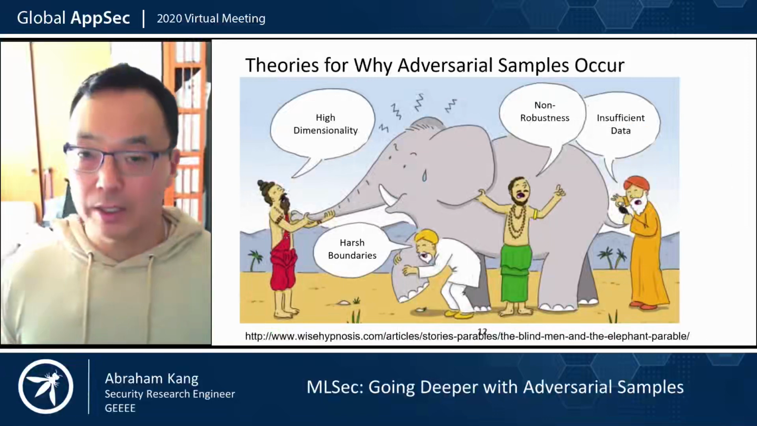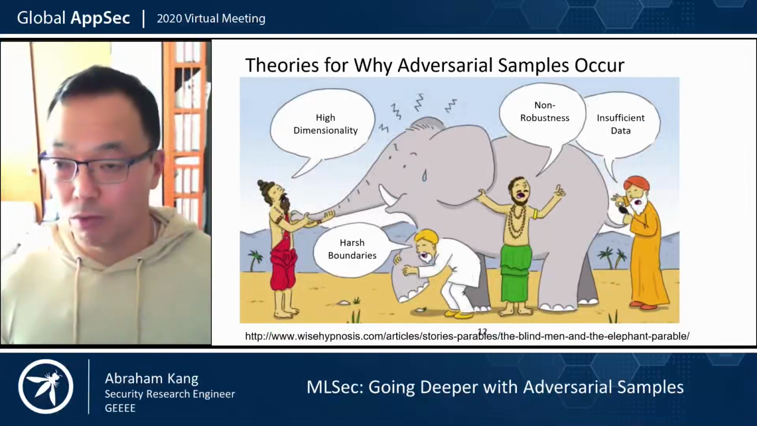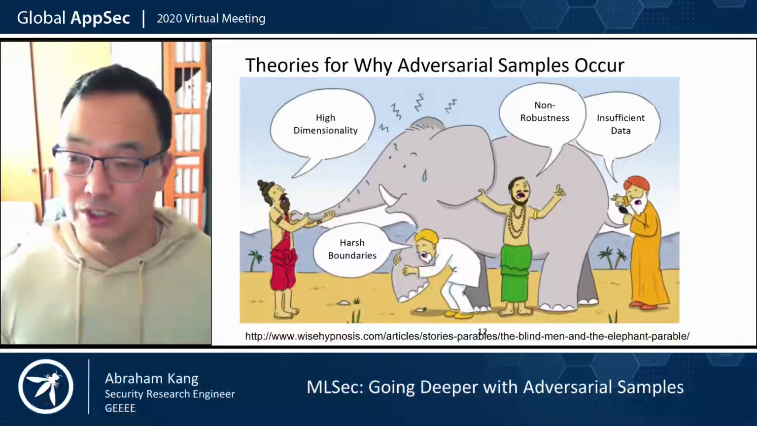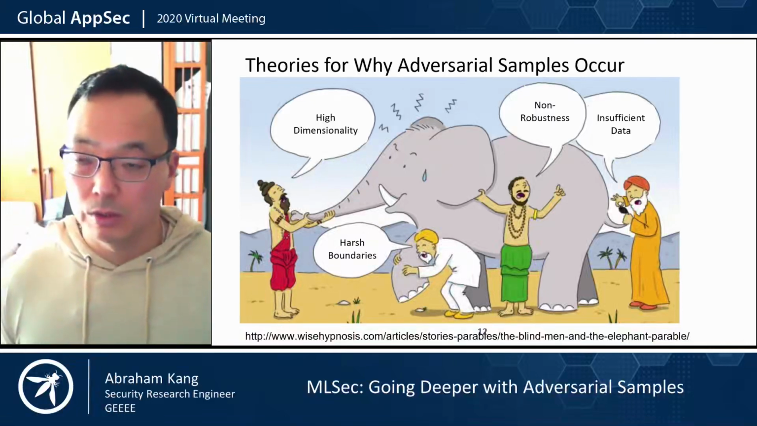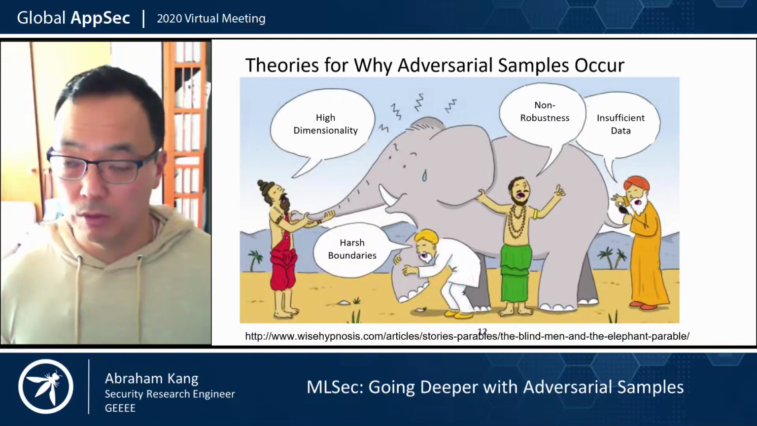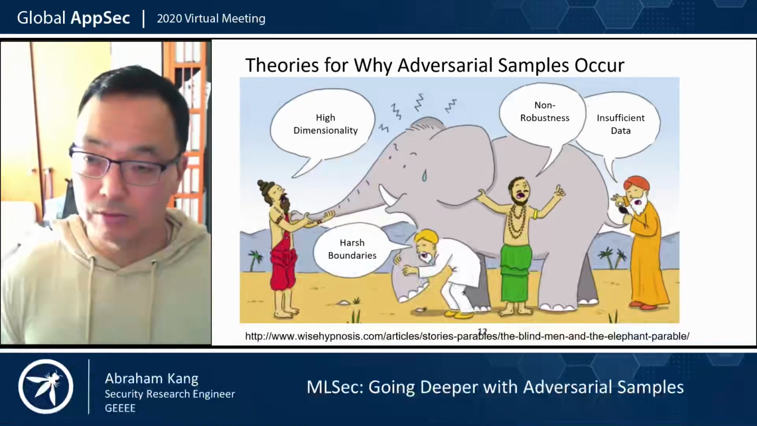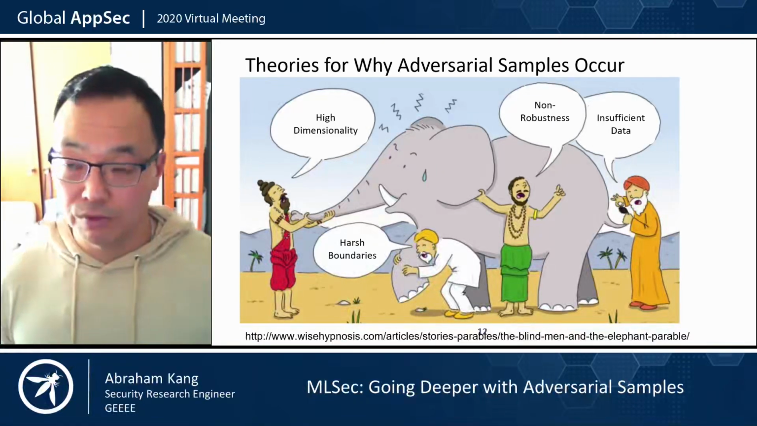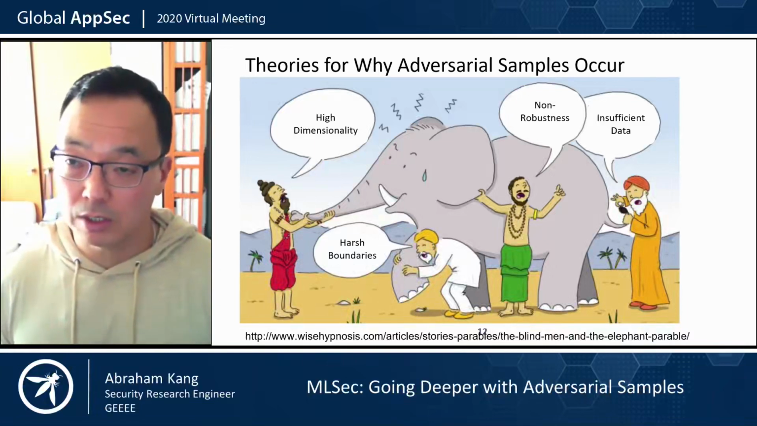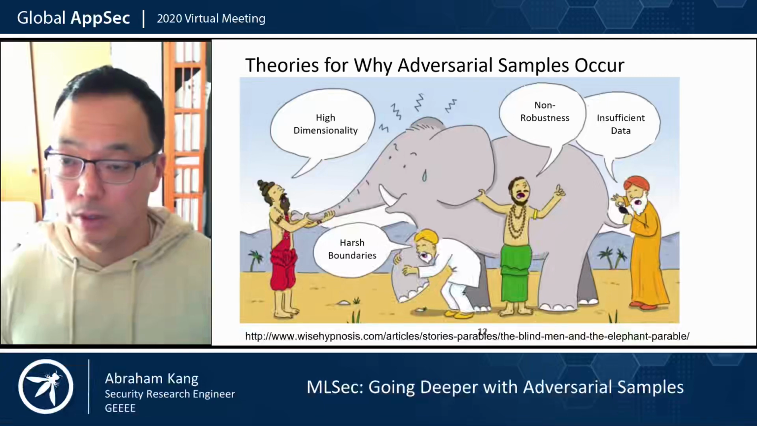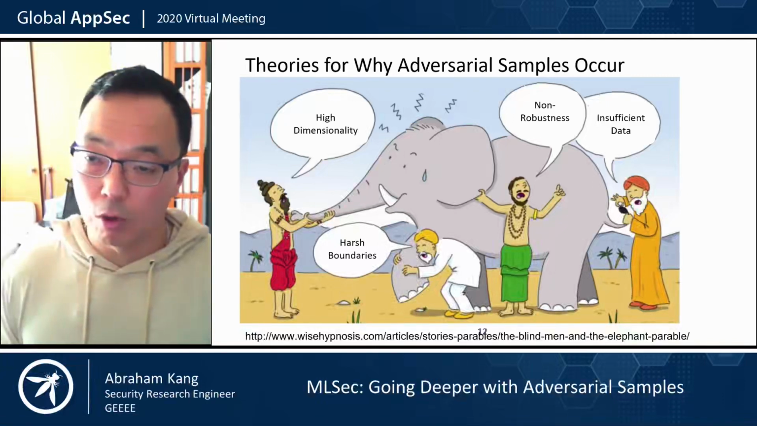So when we look at the causes or the theories of why adversarial samples exist, there are 4 prevalent ideas. There's insufficient data, which I'm going to show you examples of as we move forward, where if you don't have the right data, your model is going to learn incorrect decision boundaries. We also have non-robust